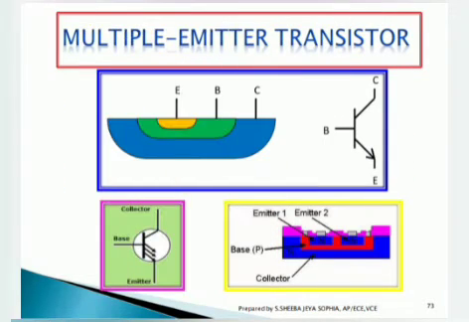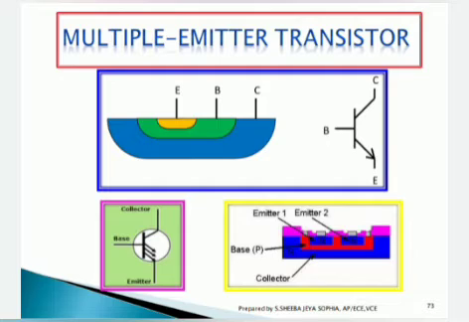You can see the schematic of this multi-emitter transistor, how the normal transistor will be. Emitter, base, collector junctions will be there, whereas in the multiple emitter transistor you can see multiple emitters. Yes, it has multiple emitter points. You can see the symbolic representation. There are 3 emitter points given.